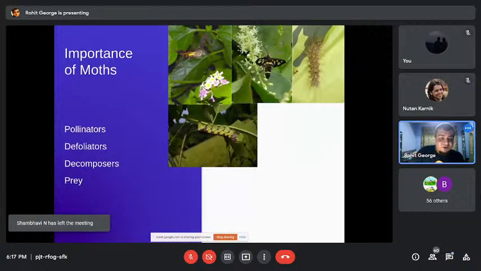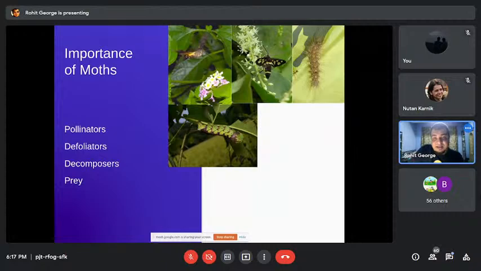Defoliators. Even though the adults are what are most visible to us, most of the time the adults don't grow. Once the adult appears from the pupa, that is the entire size it's going to be. The adults are drinking nectar just for energy, for flying around. It's not for growth. Whereas the caterpillars, they grow significantly. If you remember my first slide, they start from a tiny egg and